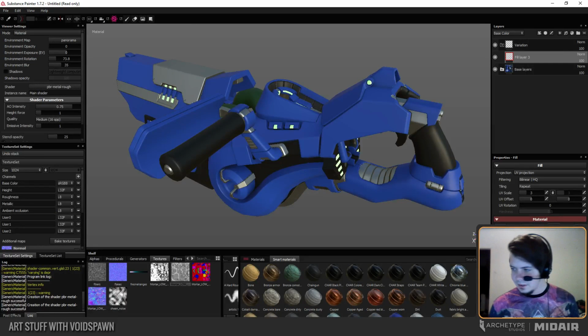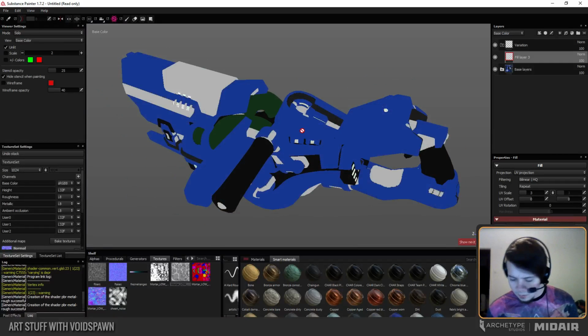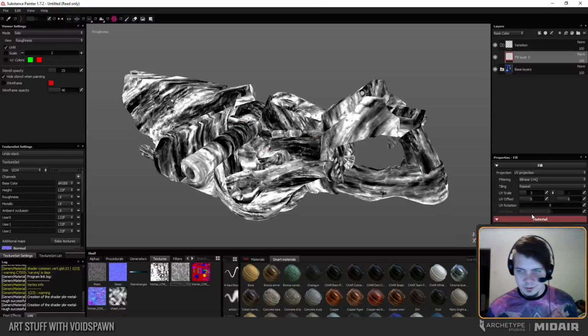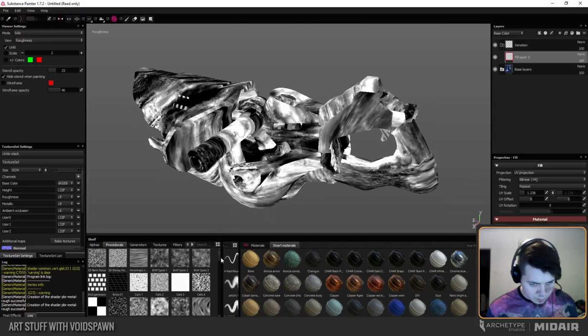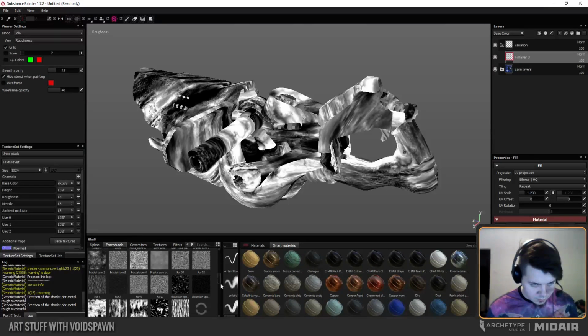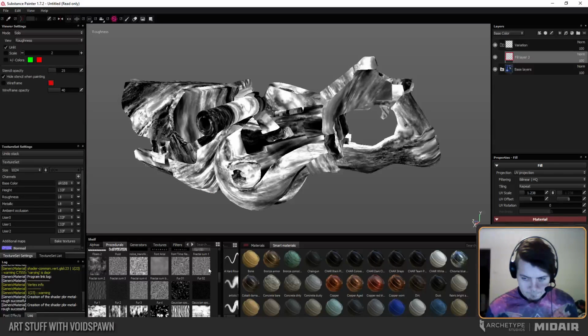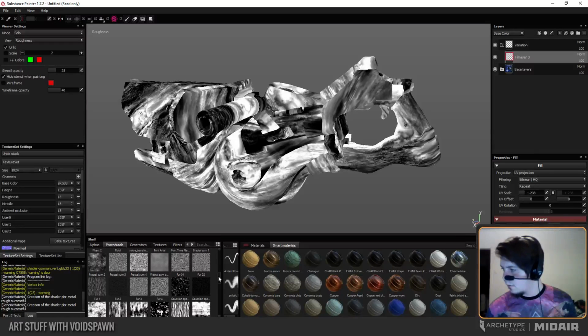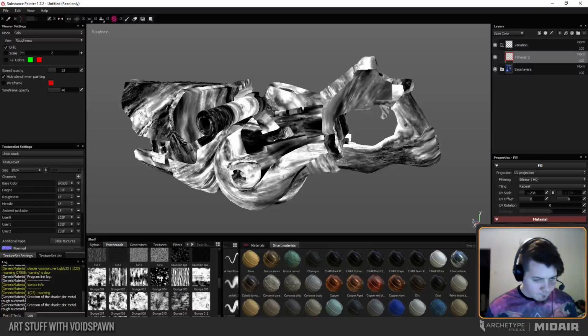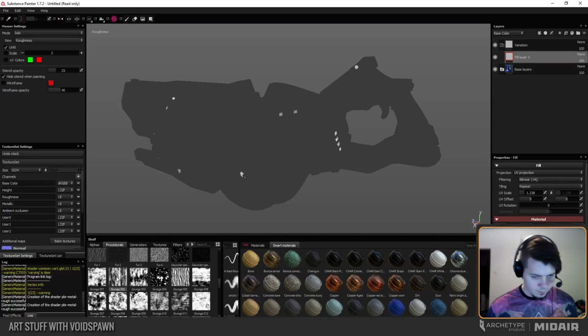variation maps. Of course you can't see this stuff in the stream because my webcam's in the way, but I'm just going through the different variation maps that they have. I can toggle to the roughness channel here so you can kind of see what's happening. That looks kind of silly, doesn't it? I should probably, instead of that, actually look at them here. Yeah, that's a lot better, I think. So I've got some of these